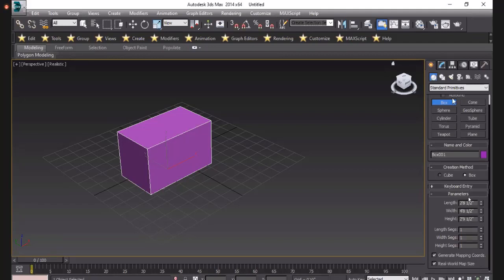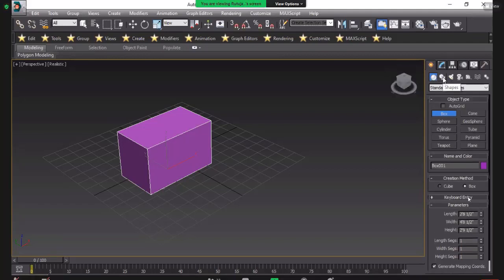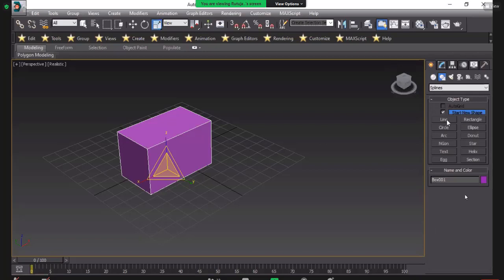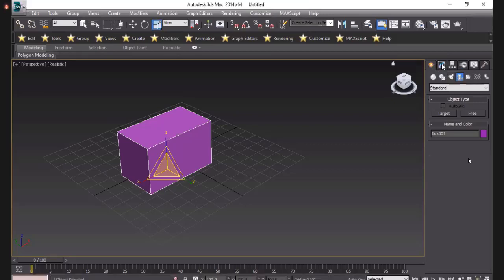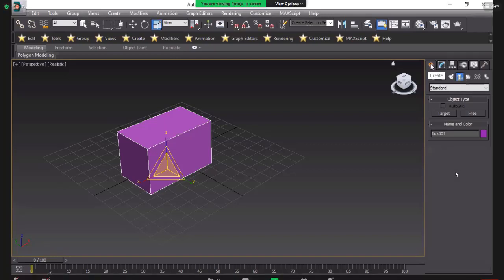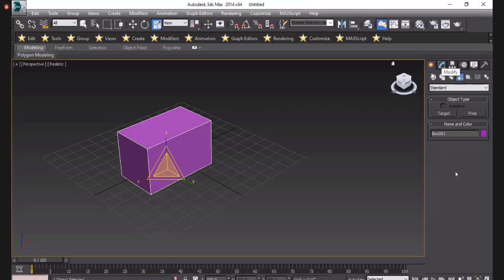And second, the shapes: there is line, circle, arc, text, and so on. And there are lights and cameras. In our 3D modeling, we mostly use the upper two commands, which are create and modify, and the lower four commands.